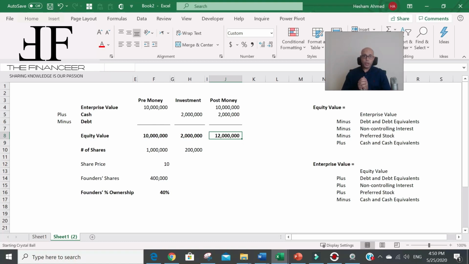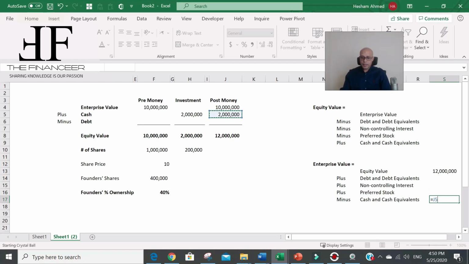And from another different way, if you would like to calculate the enterprise value, knowing that you have equity value 12 million, let's use this formula. The enterprise value equals equity value. How much is the equity value? Actually, the equity value is 12 million. Good. How much is your cash? My cash, actually, is 2 million. And the cash will be deducted. So you are going to say 12 million minus the 2 million, which is available cash. So the remaining will be the enterprise value, which is 10 million here.